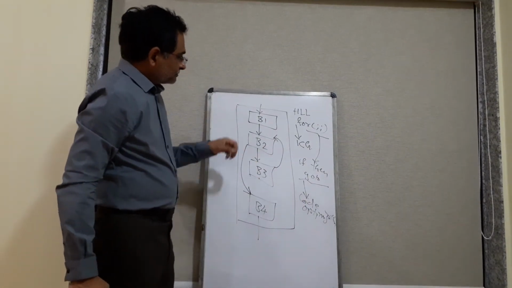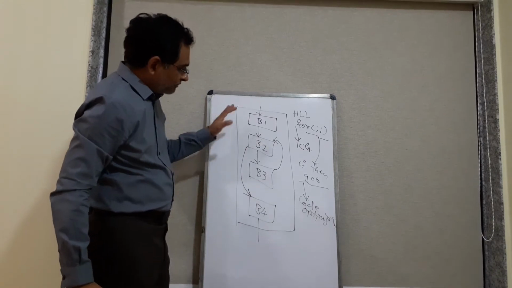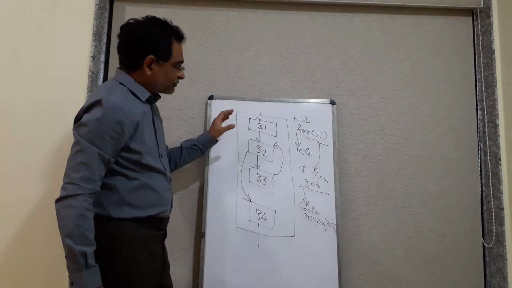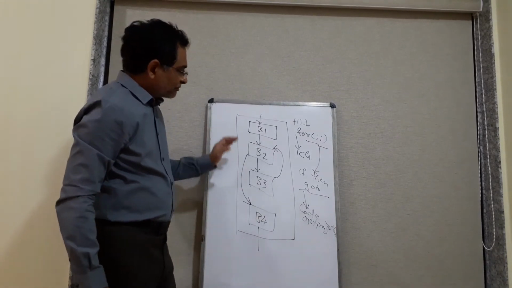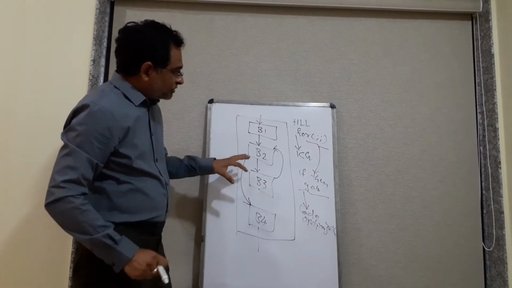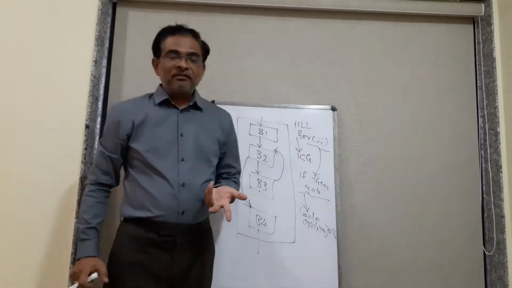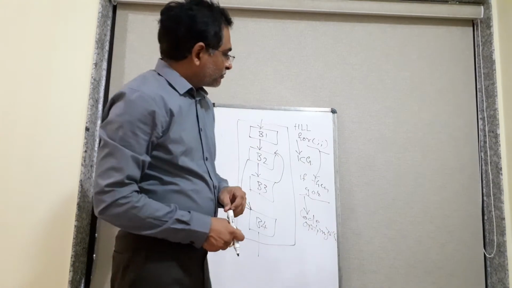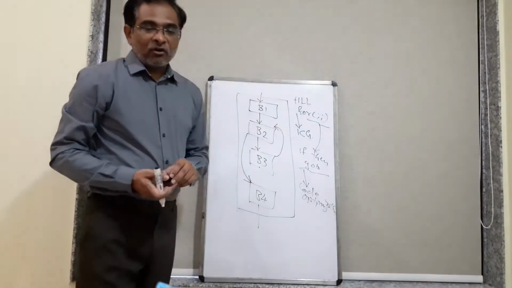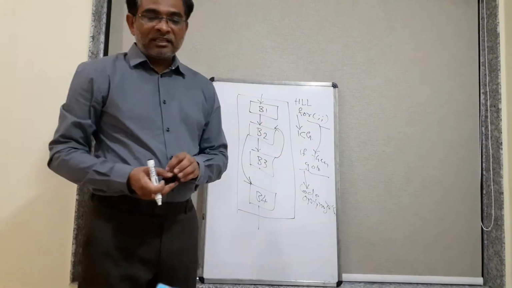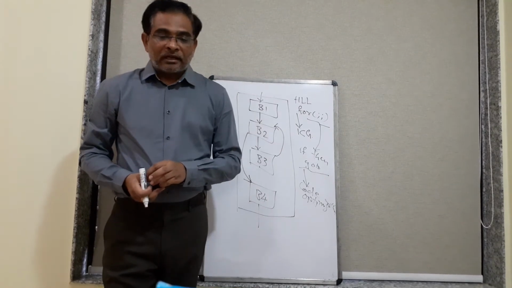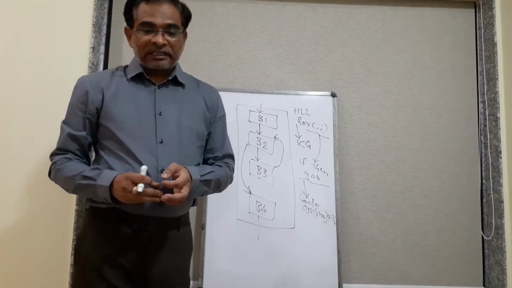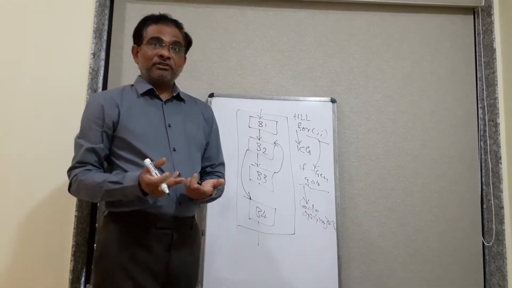If you see here, we have a graph, and this graph has various basic blocks, and among these basic blocks there could be a possibility of a cycle. If there is a cycle, it has some special meaning, right? And finding the basic blocks becomes very important. In order to find the basic blocks, we need to find the leaders in the program, and then the basic block will start from one leader up to the next leader, but not including the next leader.